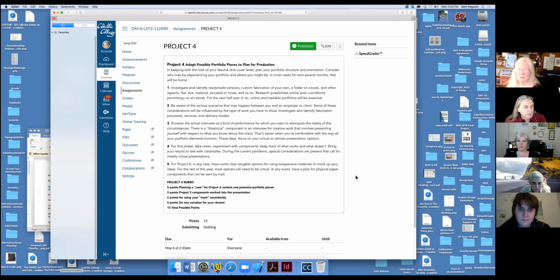bring your results to test with classmates, and in our case, it's going to be virtual. So your results will be, if you're thinking about doing something mailable, then you would be coming up with what shape that would take and how it would be produced, and so it would be ultimately a physical thing. And those are out there. The mail is still going. They haven't managed to, trying real hard to get rid of it, so we can't vote by mail, but that's still going. So mail is one of the ways that you might be able to send